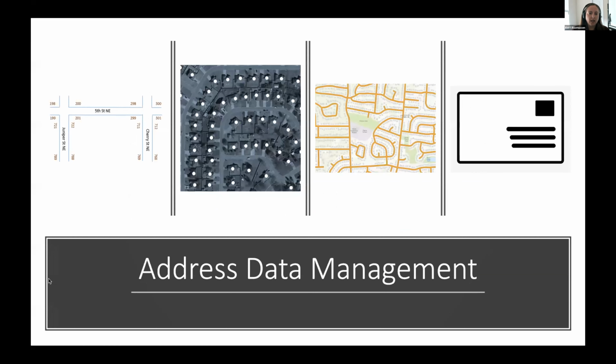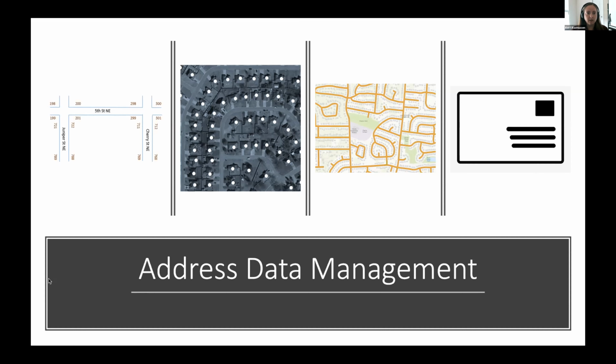GIS professionals in addressing authorities use subdivision plats, new condominium developments, building permits, and feedback from key stakeholders to manage information in their address repository. This repository typically includes road center lines with address ranges, site addresses, and related postal addresses. Ensuring their address repository supports diverse information needs, including 911, permitting, utility billing, assessment and taxation, is continuously improving,